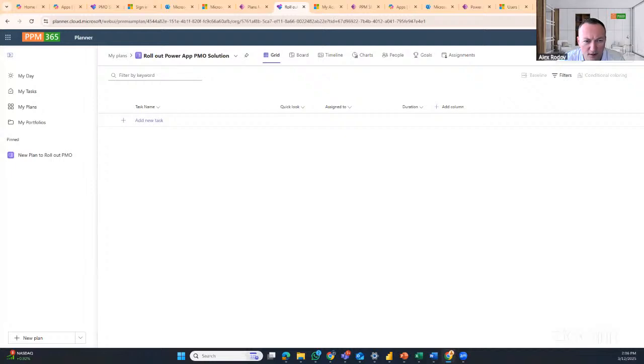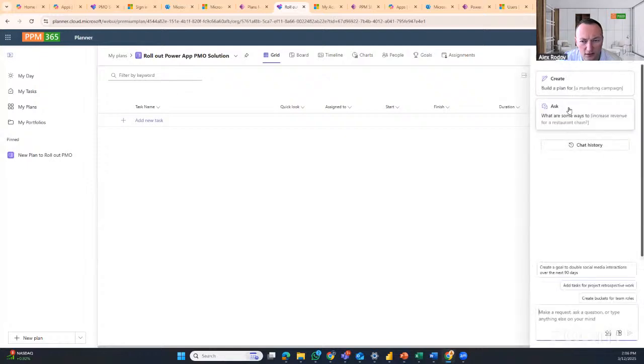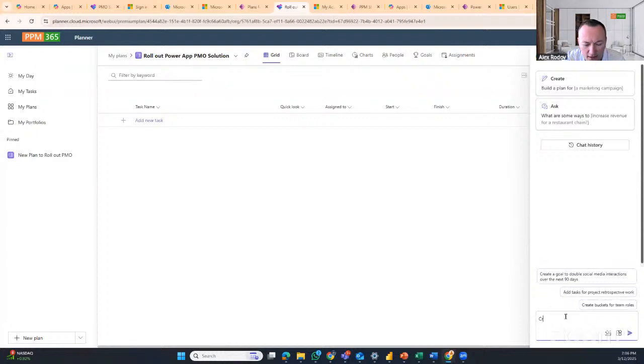You probably see this across all the Office apps, but here it's specifically the Copilot for Planner. We can basically say, hey, create